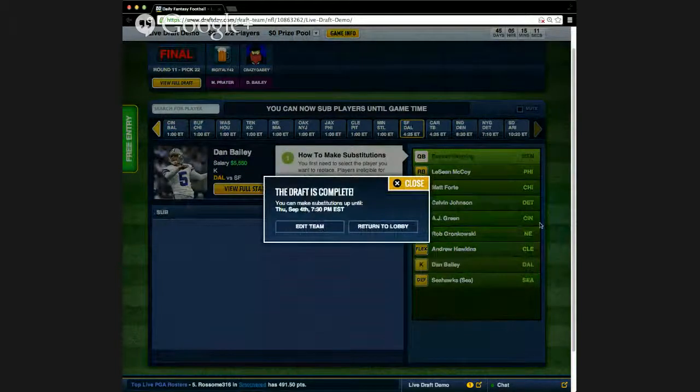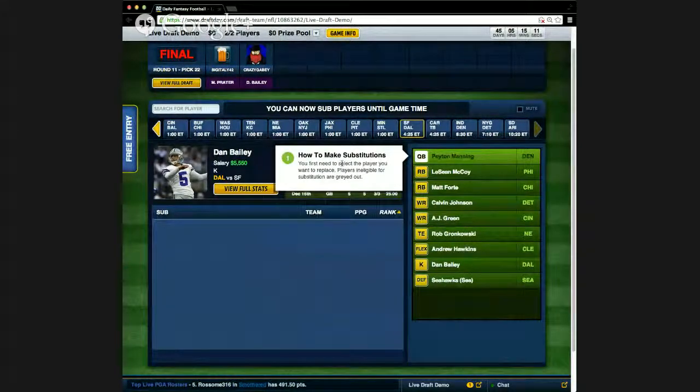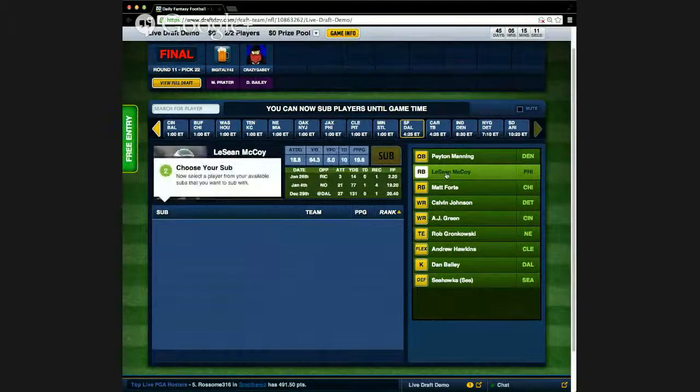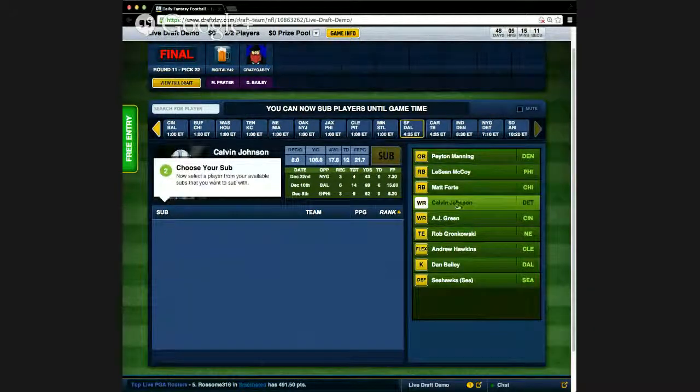You can imagine with a larger group, it can be even more fun with the trash talking that you would be doing. And I got a couple options once you get to this point. You can click this button to edit your team, and you can also click this button to return to the lobby. We're going to go ahead and close that, though, and show you how to make substitutions. All you need to do is select a player who's eligible, and the players who are ineligible are going to be grayed out. So if you go ahead and select LeSean McCoy, I don't have any running backs to replace him with, but if I click Calvin Johnson,